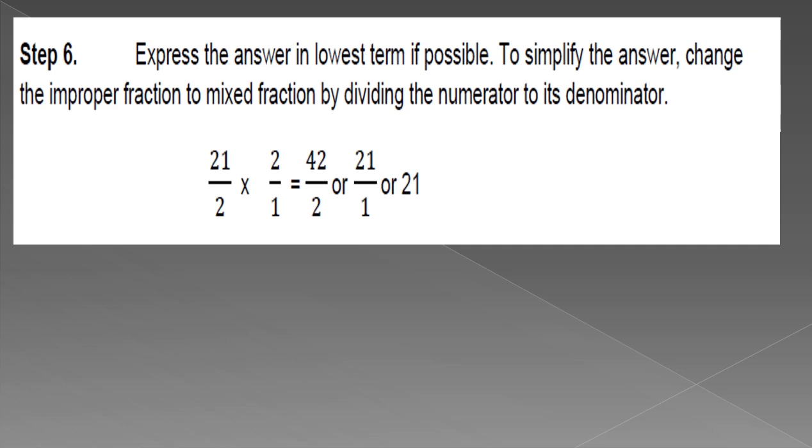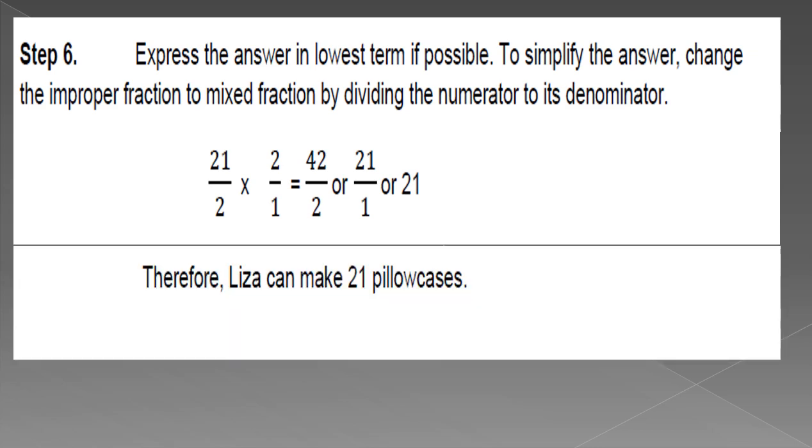So 42 divided by 2 is equals to 21, and then 2 divided by 2 is equals to 1. So 21 over 1 is equals to 21 itself. Or simply, 42 divided by 2 is equal to 21. Did you get it? So therefore, Lisa can make 21